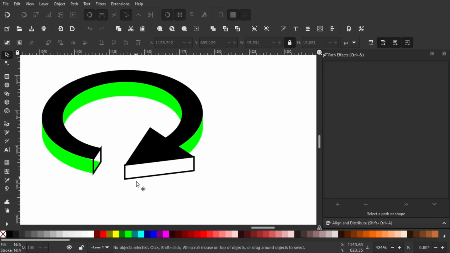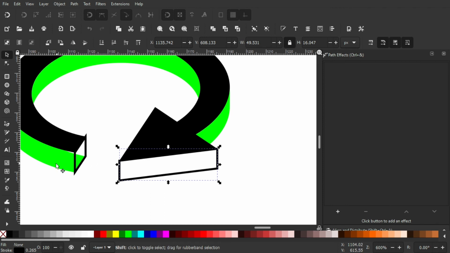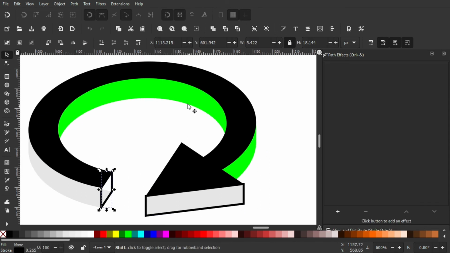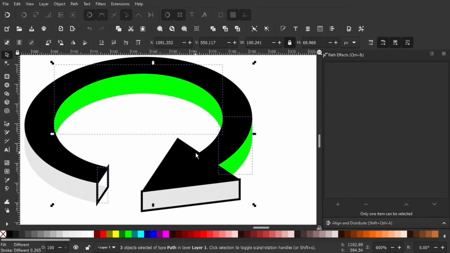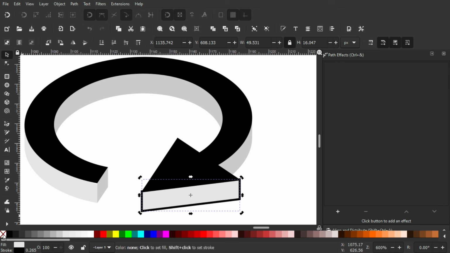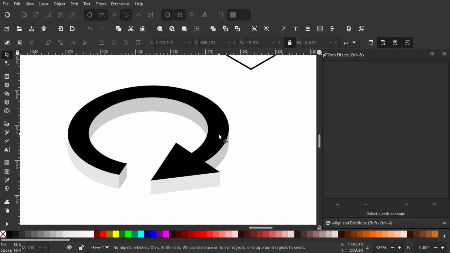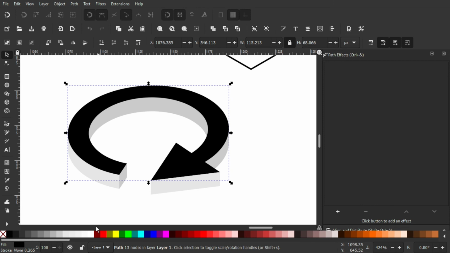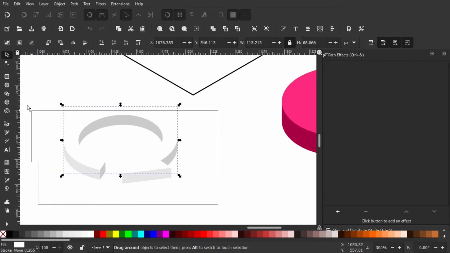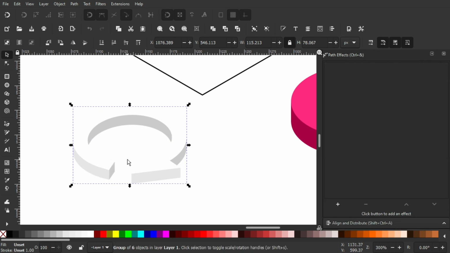So make sure you select this object, hold Shift and select this green object, and let's set the color to 10% gray. And on the other object, this green object and this one, make sure the color is set to 20% gray. And hold Shift, click on the X because we don't really need it, as well as this one, we don't really need the outline. And on this black replay color, just set it to white color, and just select them all, Ctrl+G to group them,